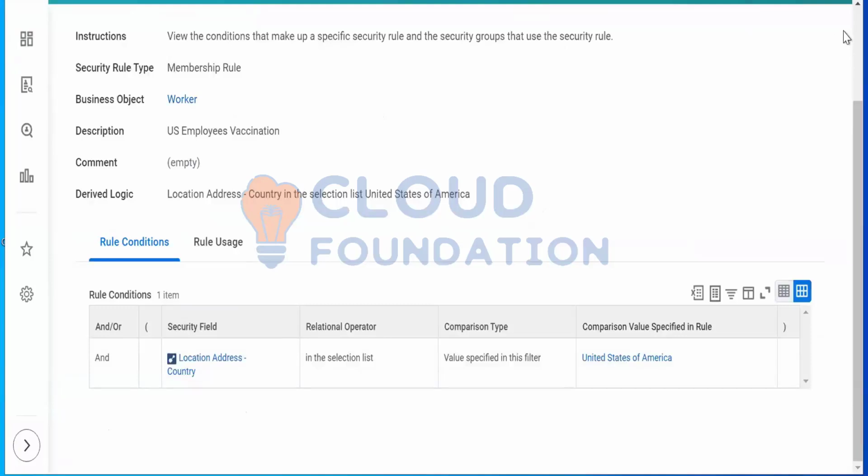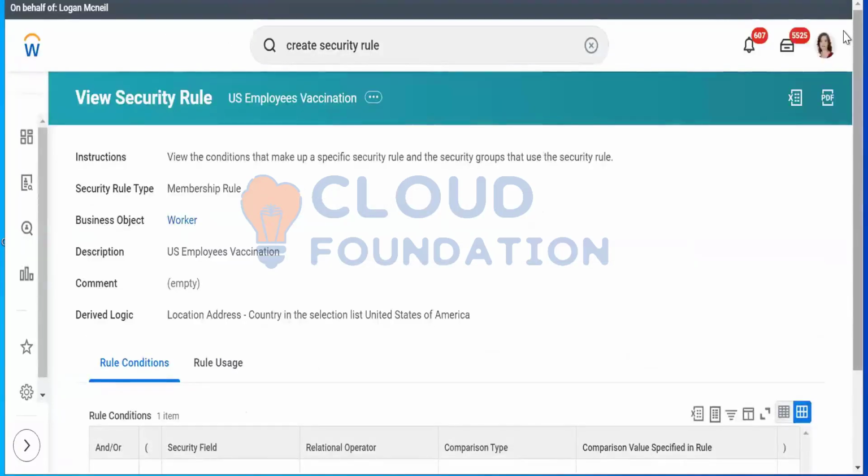These security groups are all created by partners, right? While implementing, we create a rule based on the demand. So this will be based on requirement. Even after go live, you might be getting a requirement. So when you get a requirement, you should be able to